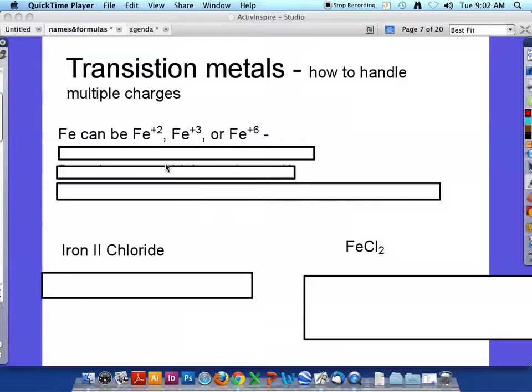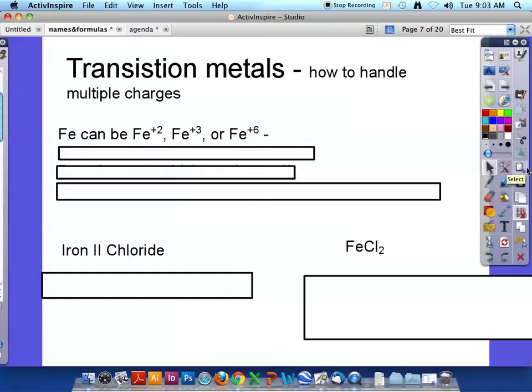You see that? Okay. When it's bold, it's the most stable. The bolded one tells you that's the one that's most stable, which is the one that's most often combined in ionic compounds. But if iron has 3 charges, +2, +3, or +6, the first question that you should be